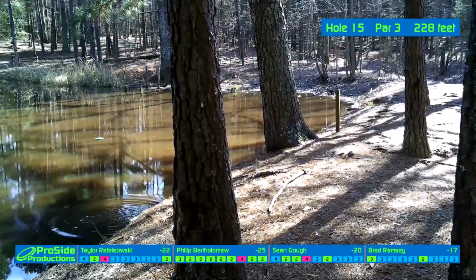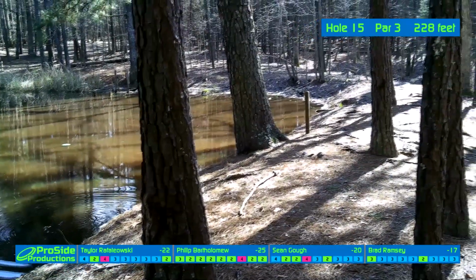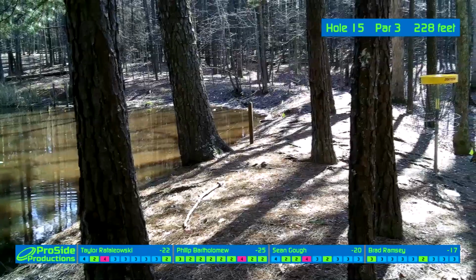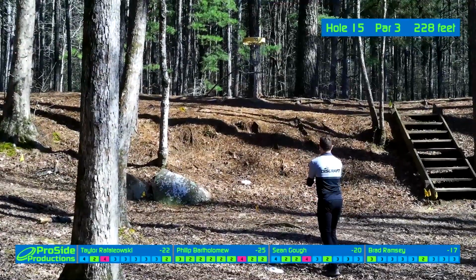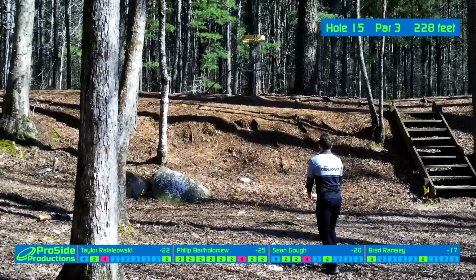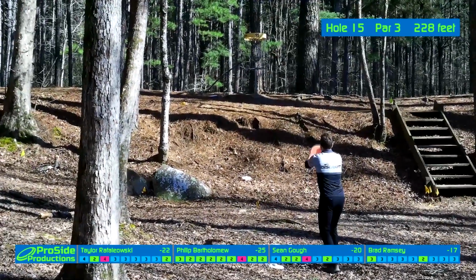Oh, and that's what I was talking about. So there's that water so close to the basket. And that's unfortunate because that was probably a really good line. I couldn't tell from that side, but it looked like it had the height. Yep. And so right here, right before I had to make this putt or lay it up or whatever you want to do,